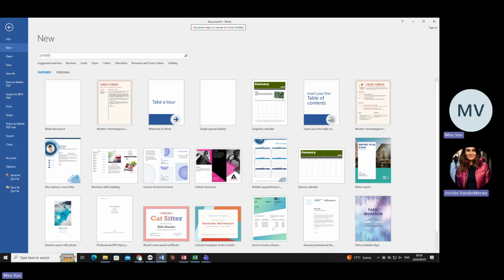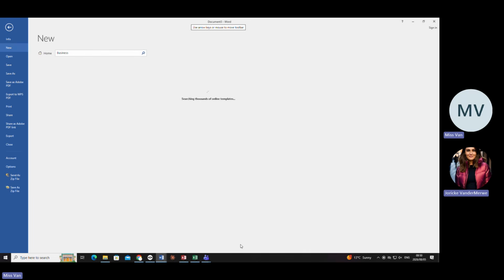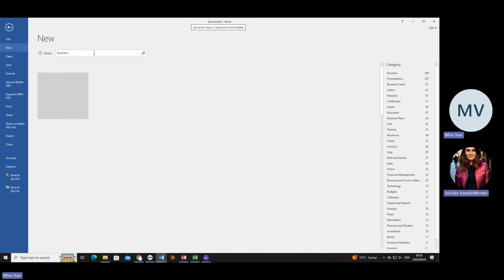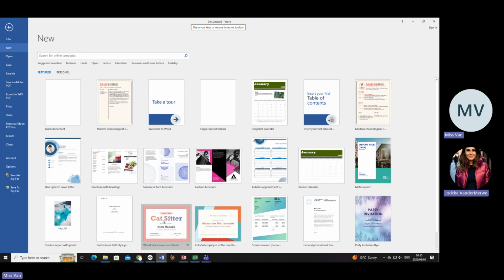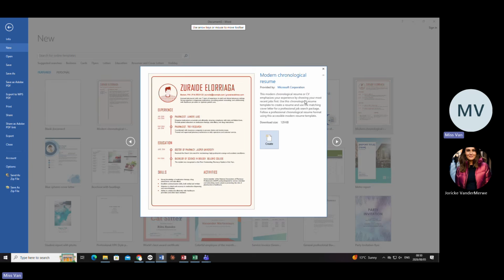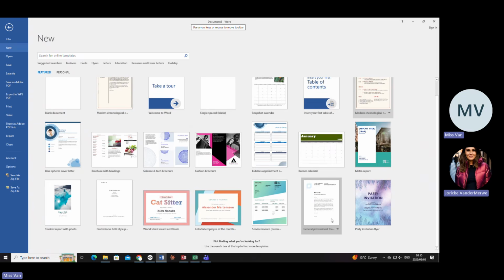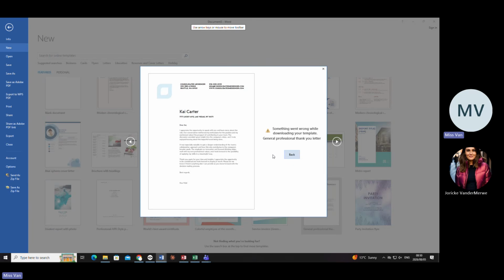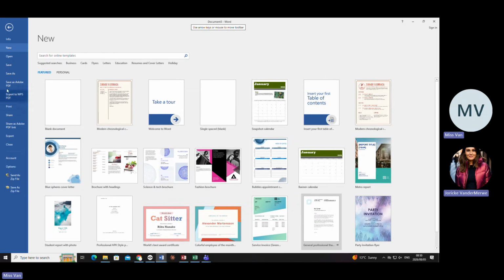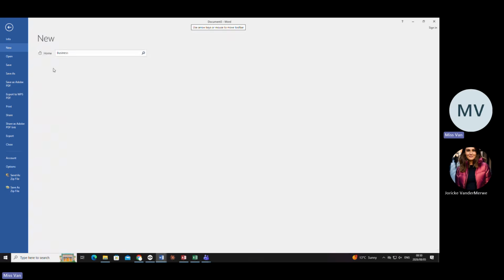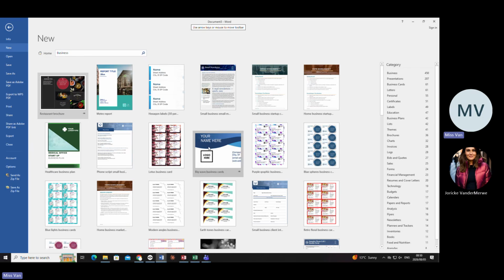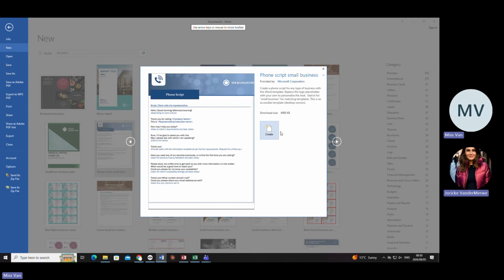So let's go into letter. Let's look for letter here, business. I just want a template, so we can actually use any one. Let's use this one. I'm going to say that I don't have this app. I don't want to waste time now looking later.